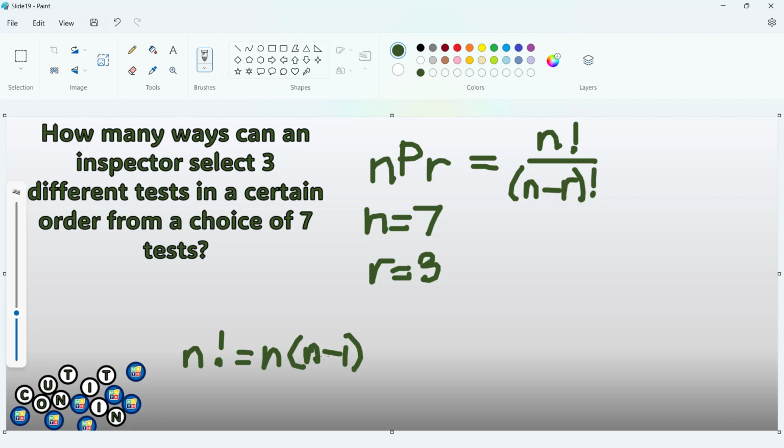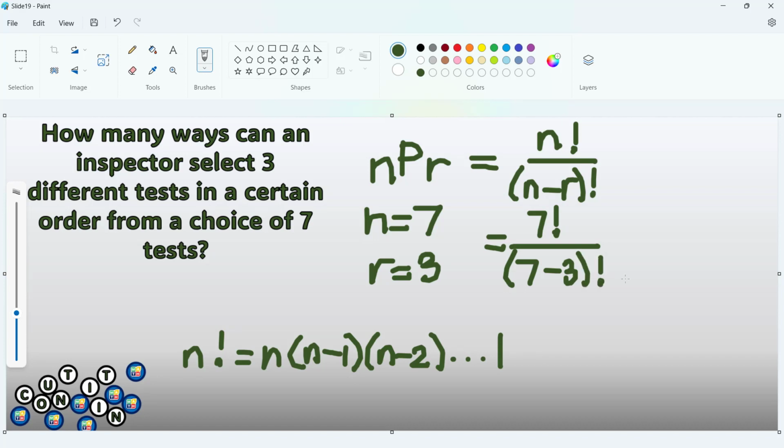So if this is 7, the previous number is 6, and then times n minus 2, until you reach 1. This would mean that once you substitute, 7 factorial, that means you're multiplying 7 down to 1, over your denominator, 7 minus 3 factorial. So you have here 7 factorial